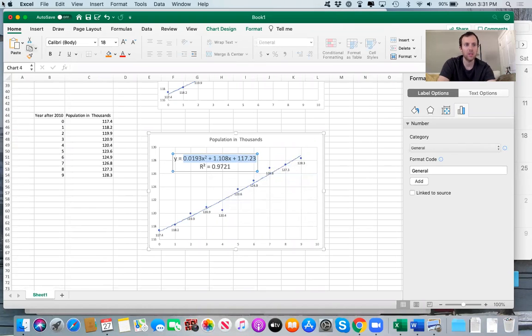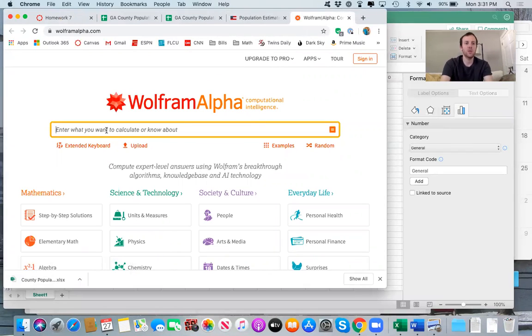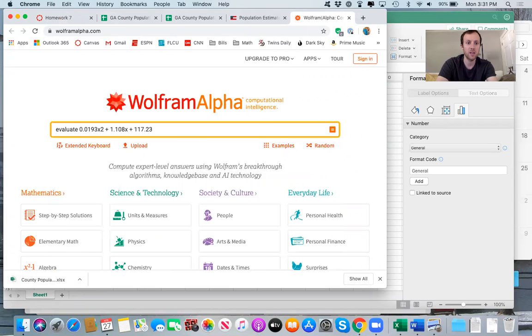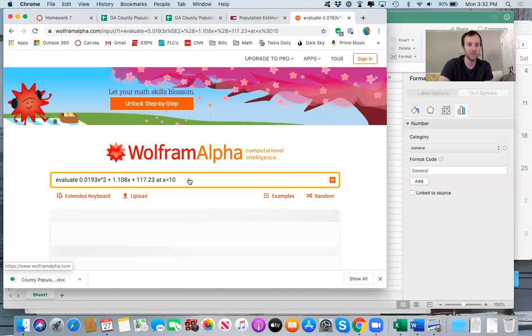So let's say we have our quadratic one here. A method that you can use is to evaluate that expression that we got. Here you'll have to put in a little caret to say raise it to the power. And we want to do this at x equals 10. We want to know, what does our model predict will happen in 2020? That year corresponds to 10 years after 2010. So the input corresponds to x equals 10, and we can evaluate that here. If we click enter,